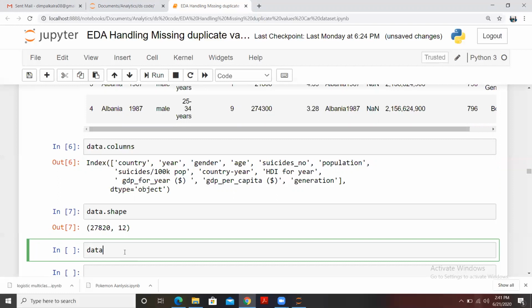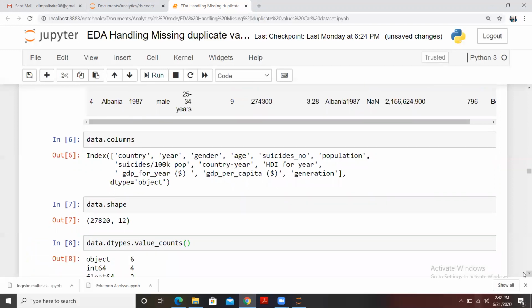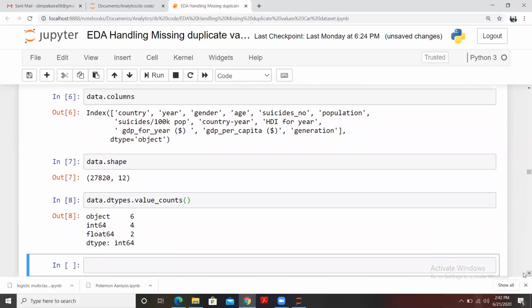I'll be typing the name of my data frame, then dtypes. Dtypes will give you the output of the data types in your data frame, and then I'm applying value counts to those types. So I'll get the total count for that. So you see we have 6 objects, I mean the categorical variables, and 4 integer and 2 float values. Means a total of 6 are numerical values and 6 are categorical.